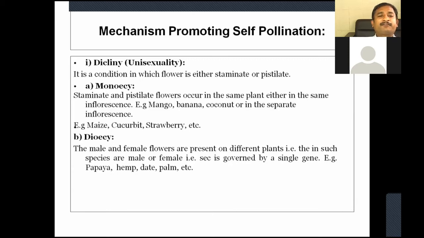In the case of mango, which one is the pollinator, which pollinates these flowers? Do you have any idea? Garima? No, sir. Insect pests, honeybees, and wind? No. Mangoes are strictly cross-pollinated by houseflies.